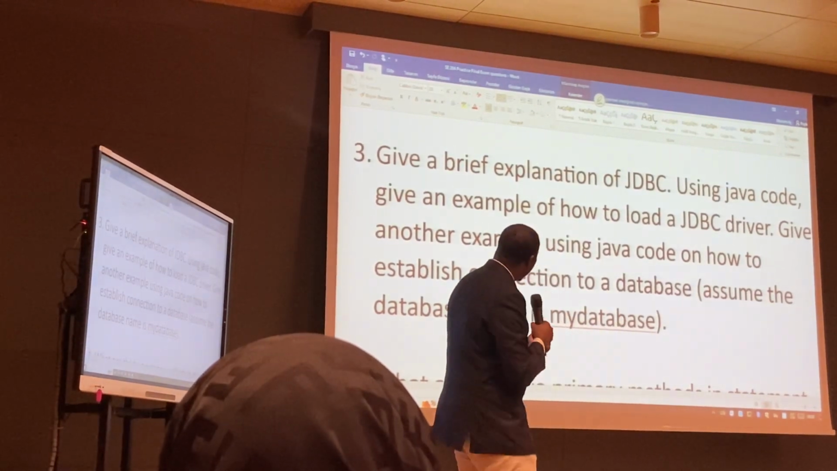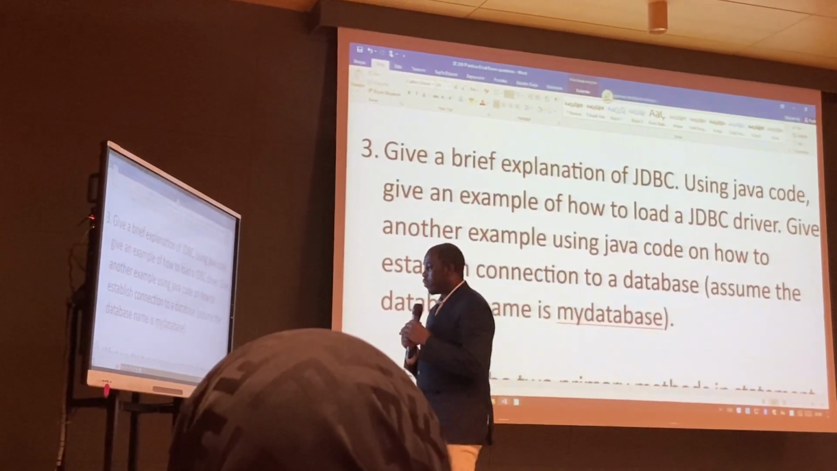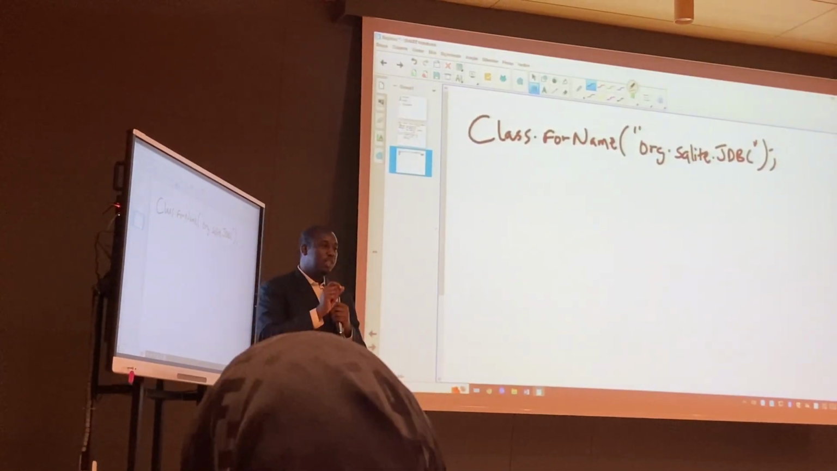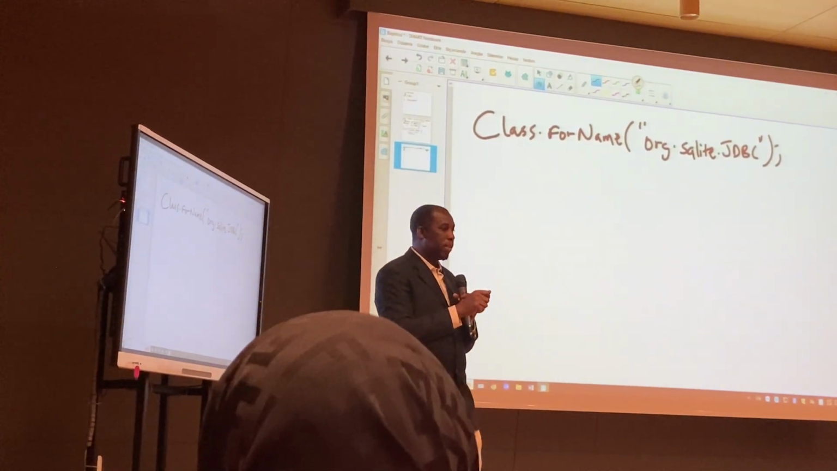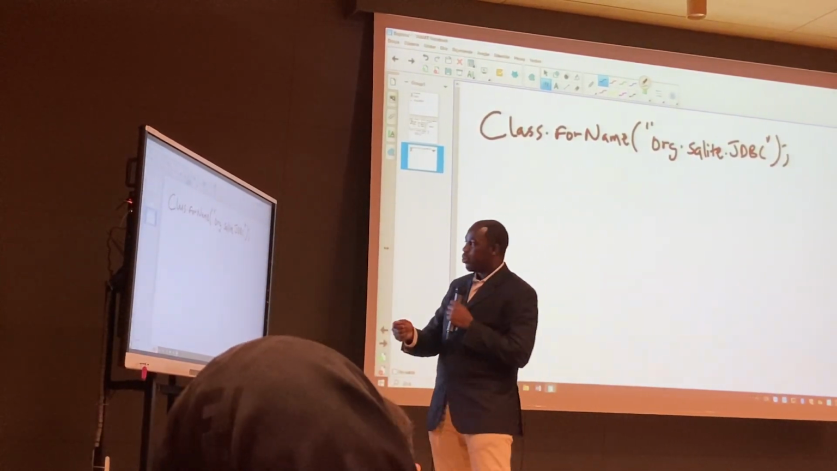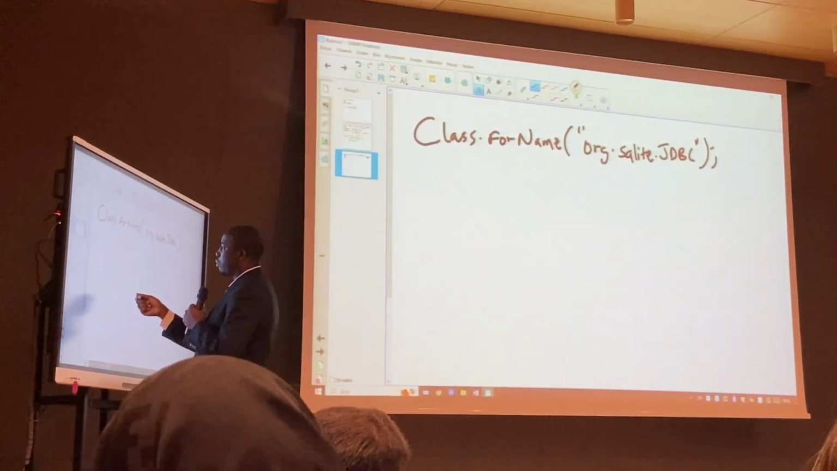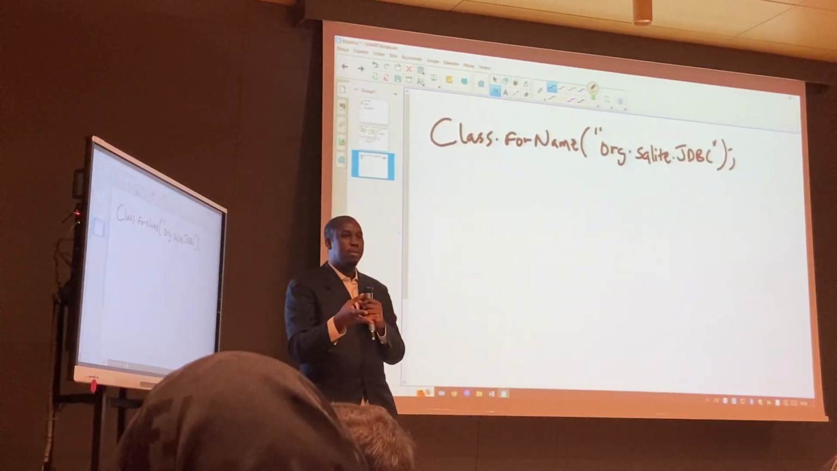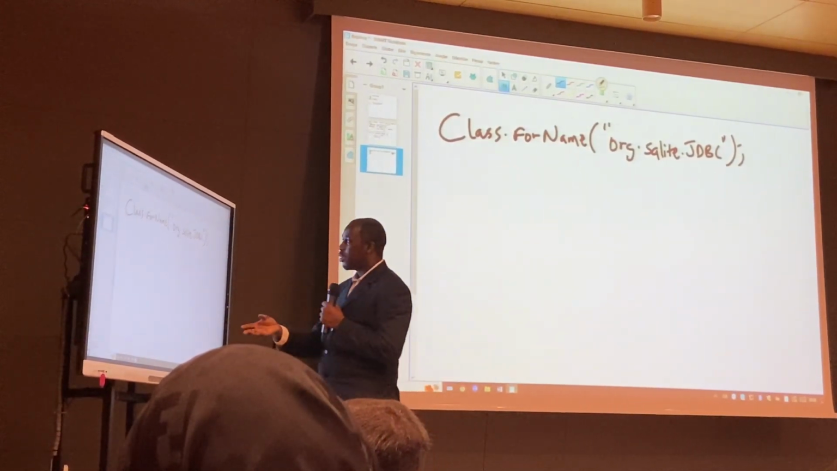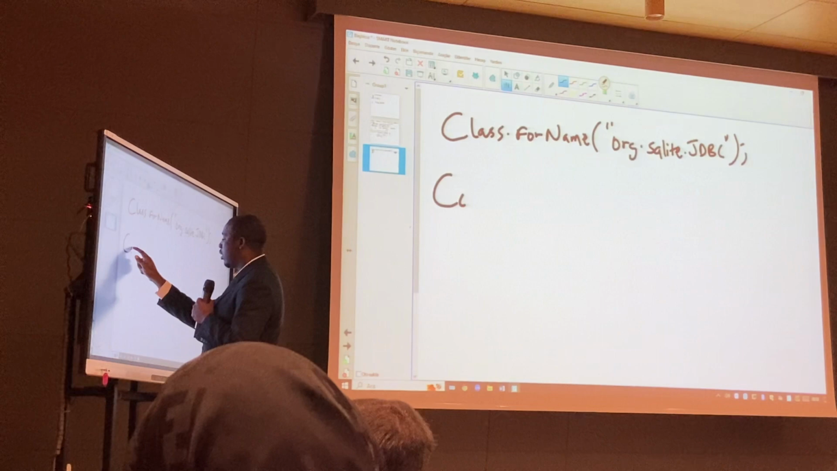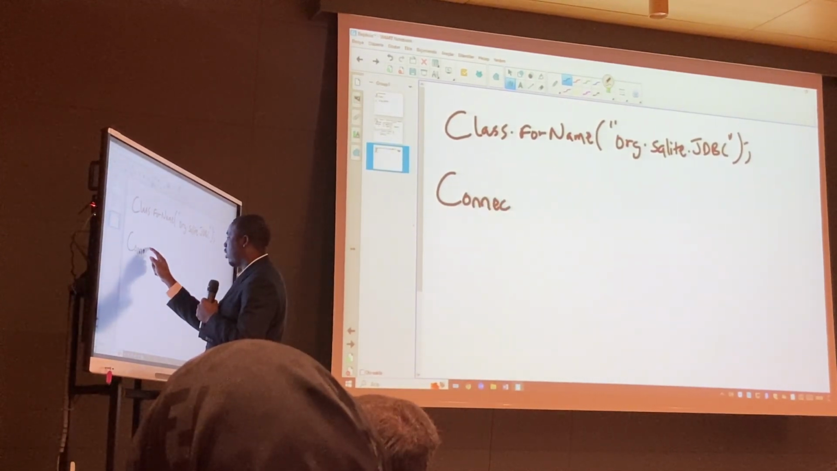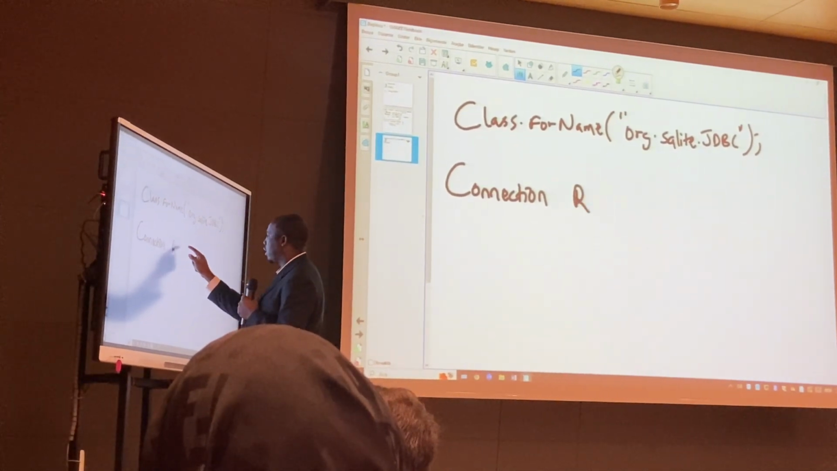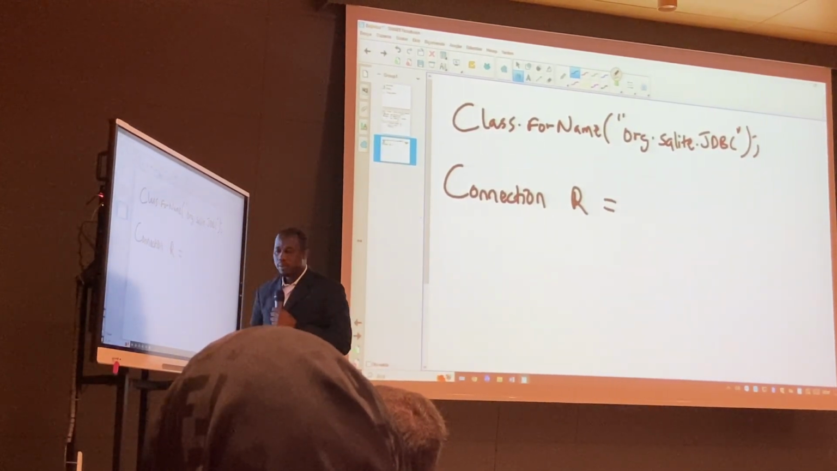My database. So how do we establish a connection? We always use the driver manager to establish a connection. But for a connection, you have to define a variable, a connection variable. It's more like integer, double, but this one, the name is what? Connection. Yes, connection. Okay, connection, let's say is equal to